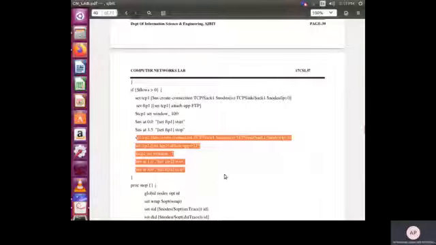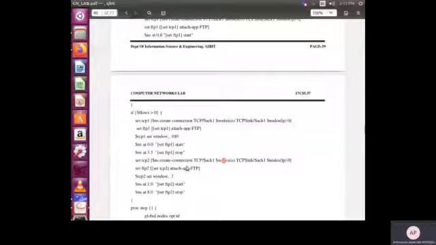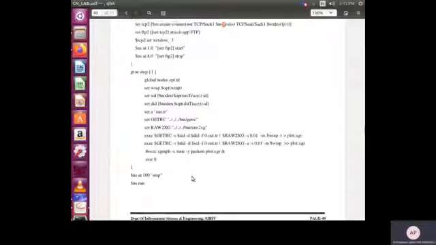So we have to set the parameters: the TCP protocol, the FTP protocol, the window size, when to start the simulation and when to stop it. Likewise, for the destination node it is TCP2, set the FTP protocol, set the window size, start the simulation at 1 and stop it at 8.0. So this is what happens when the flow value is 0 and when it is greater than 0.